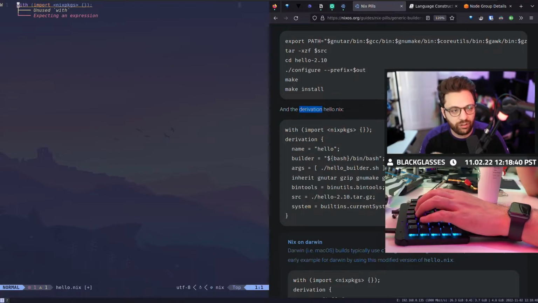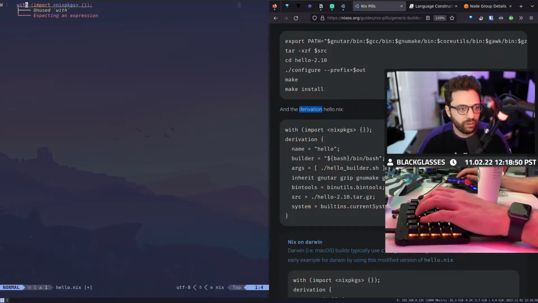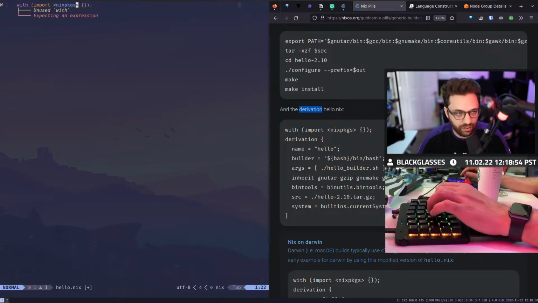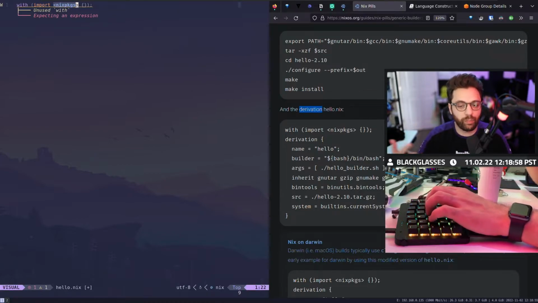Essentially, the language evaluates all of these configurations. So what I'm saying is that when you evaluate this file, you're going to evaluate it as a build configuration. So I'm saying with import Nix packages, and the TLDR on this is, if you're not fully caught up, this is where all of my, I don't want to say repositories because that's not what it is, but this is essentially the repository where all of my packages exist.